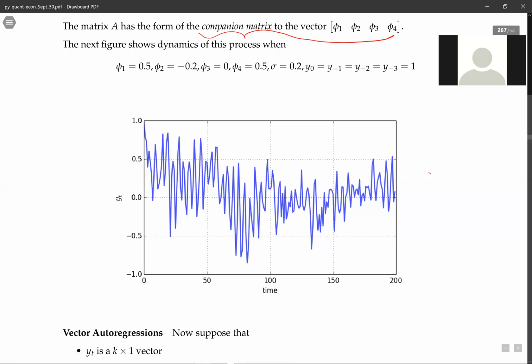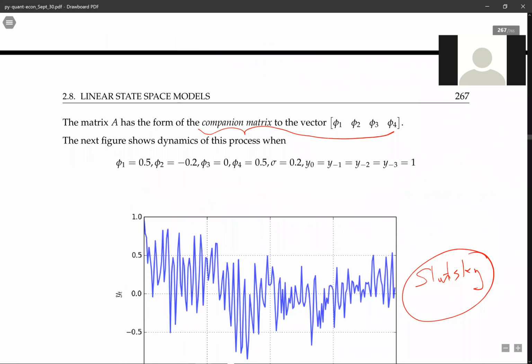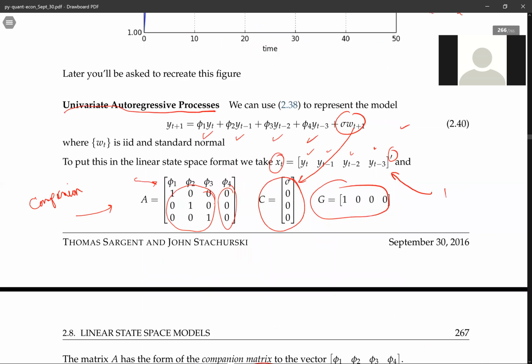A famous Russian economist named Slutsky was kind of the first one to notice this. He took a system like this, and he noticed that he could pick the phis such that, with just a single random shock, but a difference equation, a stochastic linear difference equation,